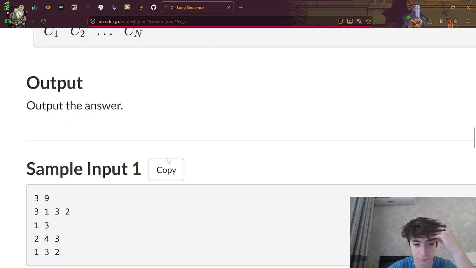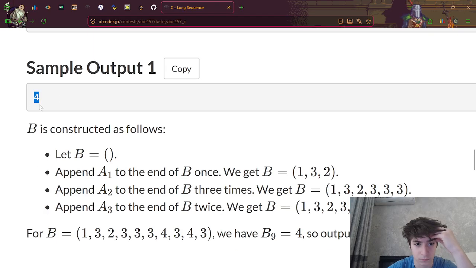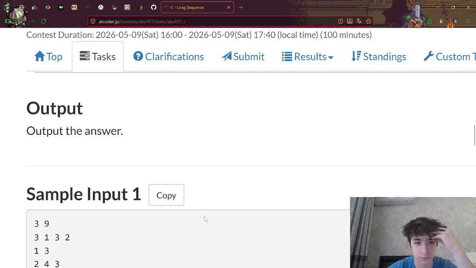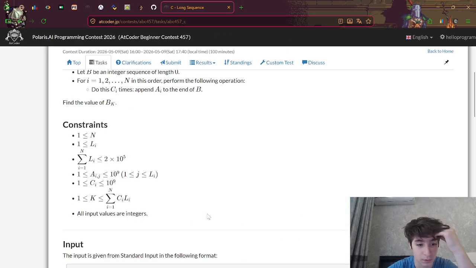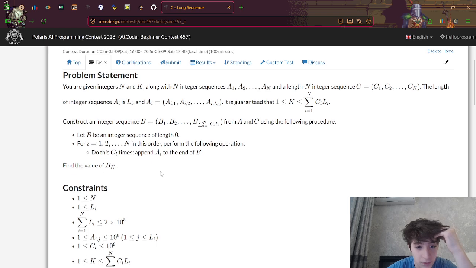What I need to print is its length. Wait, the maximum. Find the value. Oh, okay, understood. Now I will need to read this all again for better understanding.